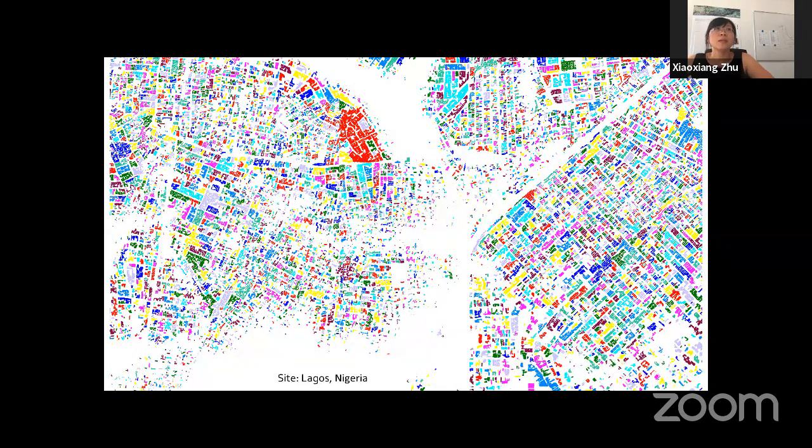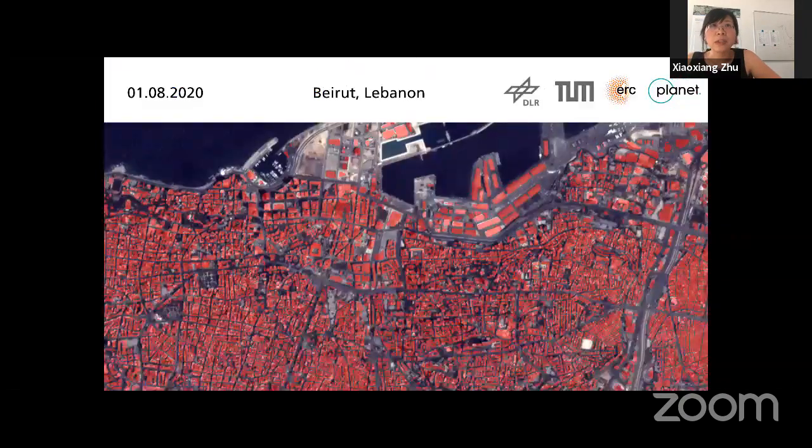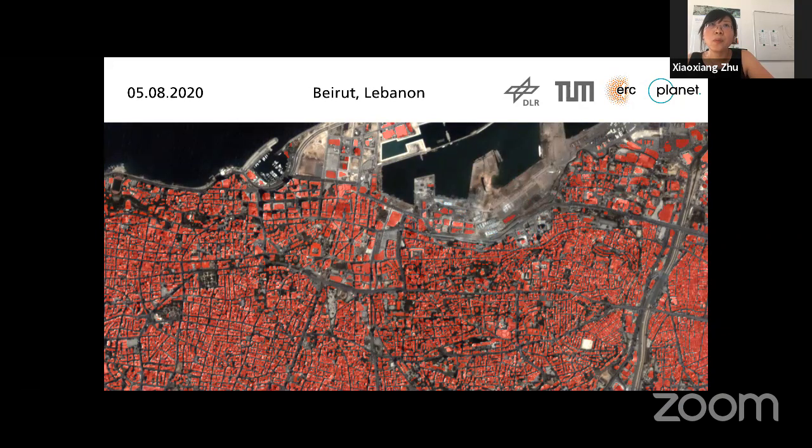And this is, let's say, a direct inference we did in the past days. You know, there is a tragedy happening in Beirut, Lebanon. There's a very big explosion. And in this work example, what we do is we infer the building footprint from Planet imagery before and after the disaster. And by simply comparing the building footprints we extracted, we are able to identify where there are building damages from this